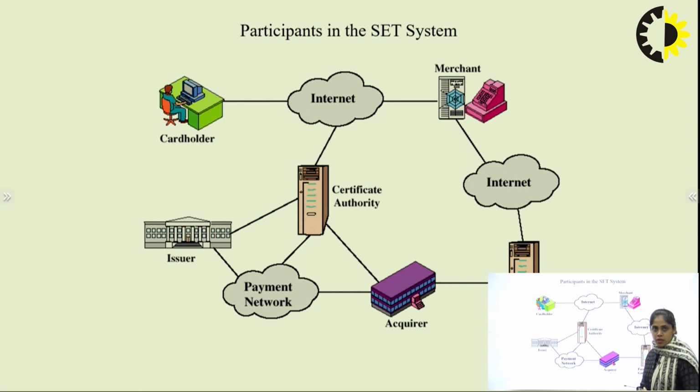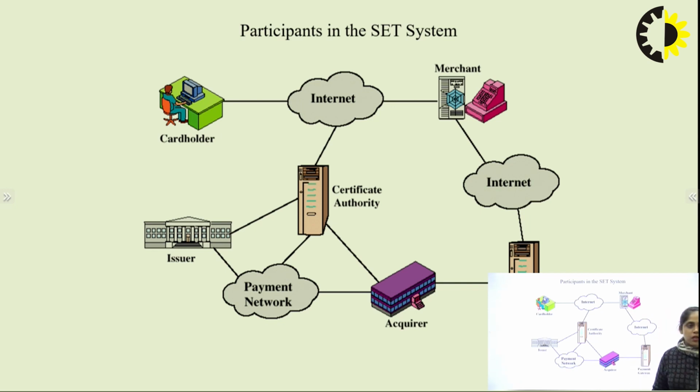The merchant and the payment gateway are there, and in between again is the internet. In this diagram, all the entities are connected with each other through the internet: cardholder, merchant, payment gateway, issuer, acquirer,